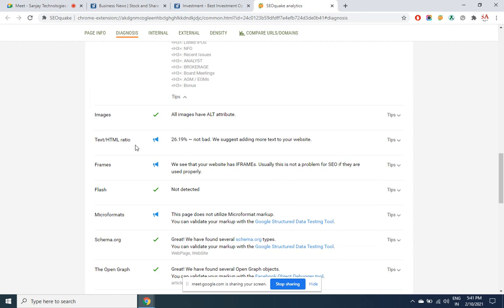You must have so much matter also. The better design you have, that much lengthy matter is also required. Then only this ratio will be beyond 15%. The higher, the better. 15 is minimum. Some of the experts suggest minimum 30% ratio.